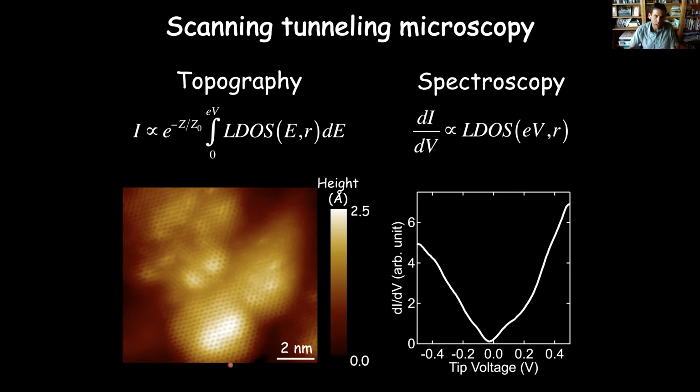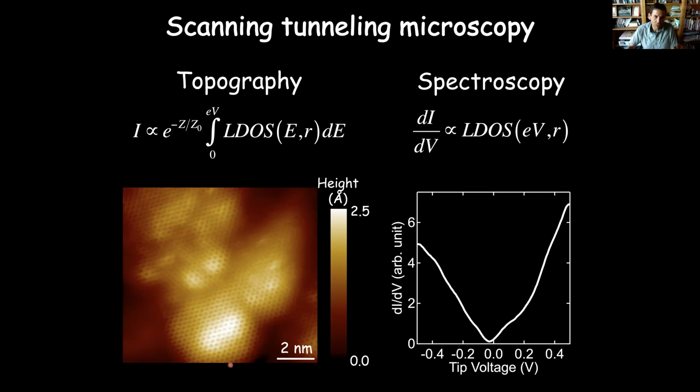There's a third operation that we can use, which is to basically combine these two modes together, to take topographic measurements at the same time as we're taking local density of states measurements. So in this case, we can essentially combine these two and look at how the local density of states is varying with position in the sample. And what you'll see here, this is about a 30 nanometer scan of the topography. We can zoom in on there and we'll see something corresponding to the atomic lattice of the graphene.